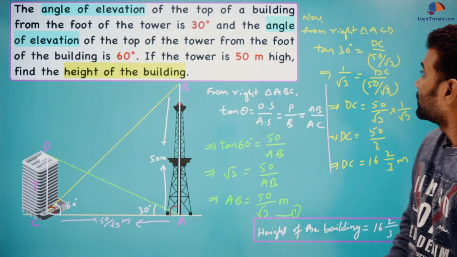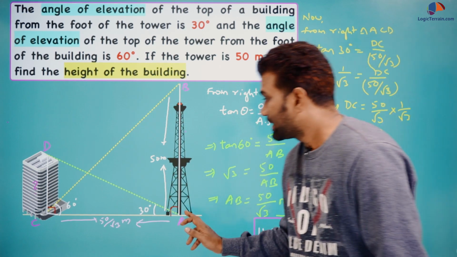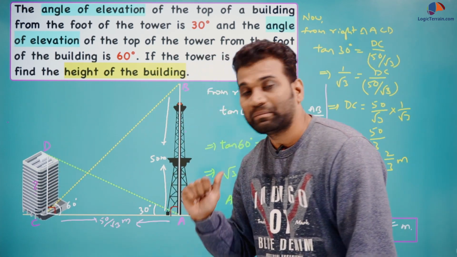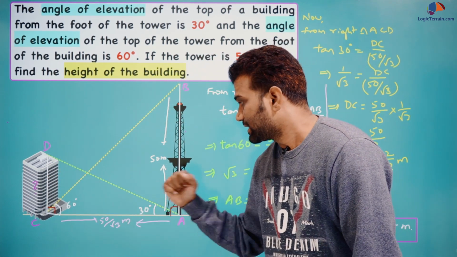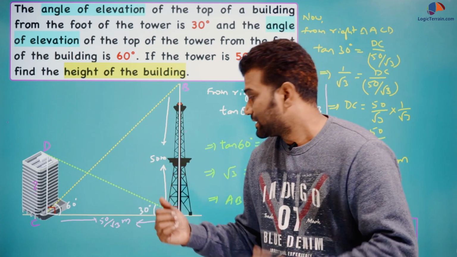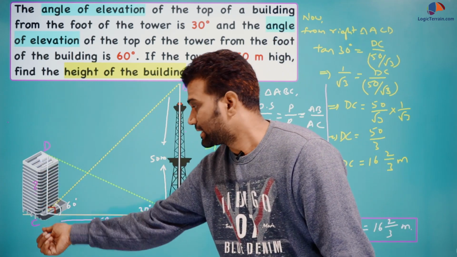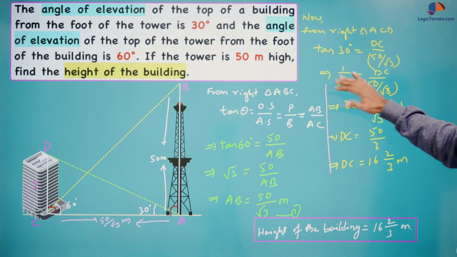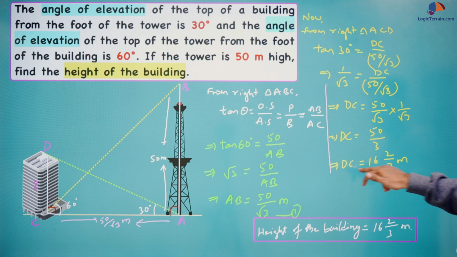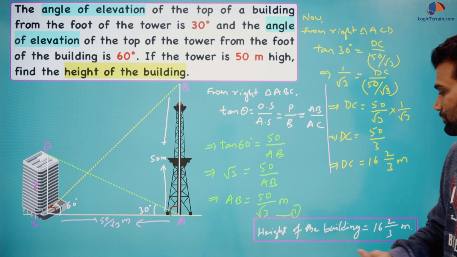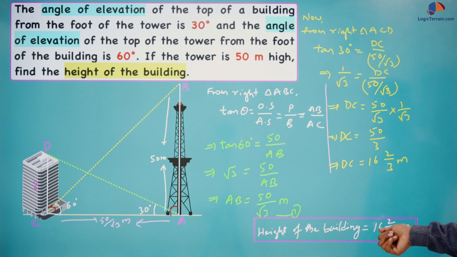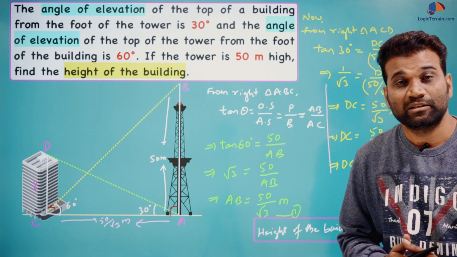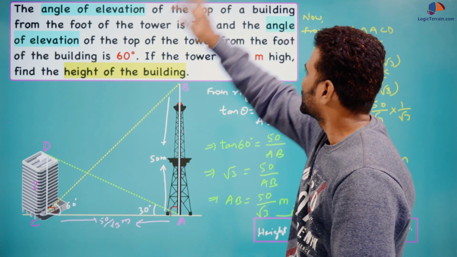Okay. Now from the right angle triangle ACD, again by using tan theta, here theta is 30 degrees, opposite side upon adjacent side. The opposite side is the height of the building, that is CD, upon the adjacent side, that is the base we have just got. So substituting all values and simplifying further, here we have got DC equals 16 root 2 upon 3 meters. So therefore the height of the building is 16 root 2 upon 3 meters. Clear? So we'll jump into the next question.